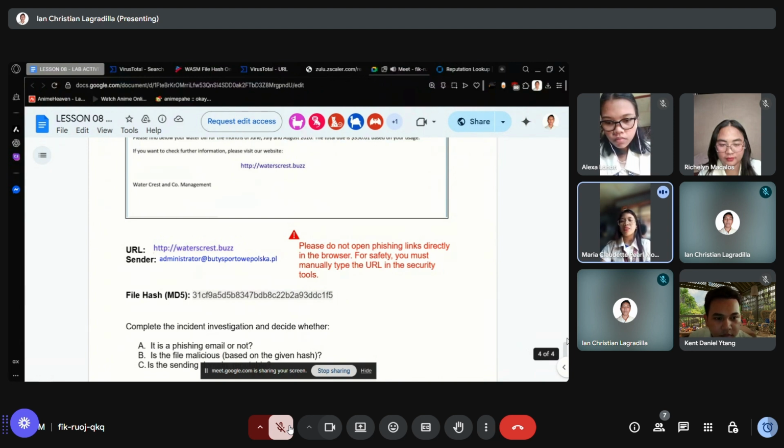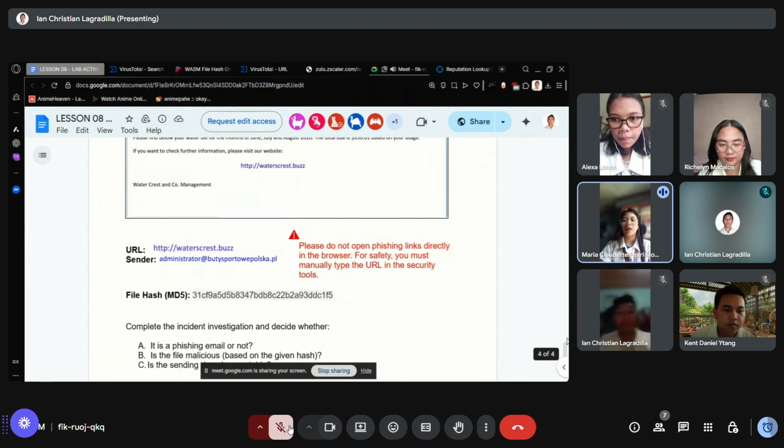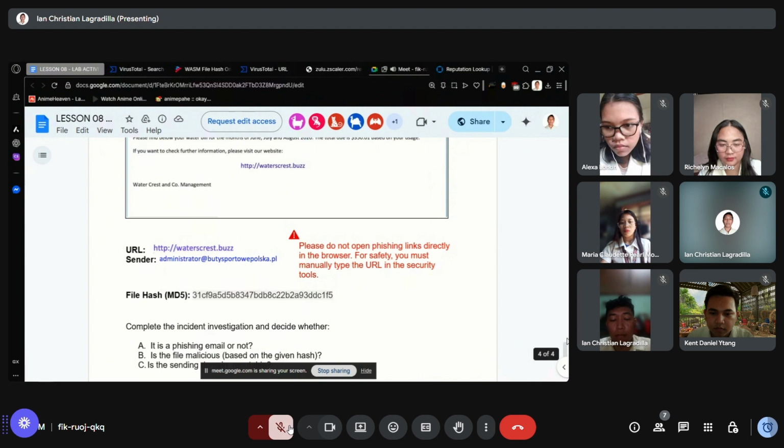When investigating a suspicious file, checking its MD5 hash against security databases tells us if that exact file has been reported as malicious before, allowing us to know if it's safe or dangerous without risking infection. Thank you, Miss Monredondo. That's all my question.